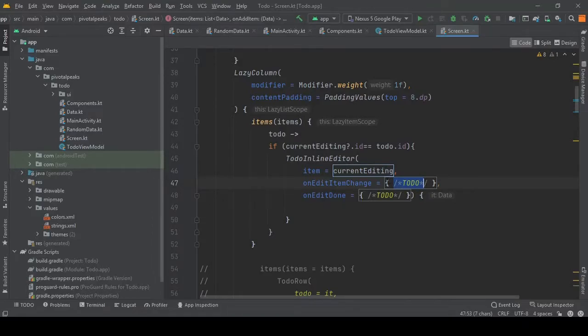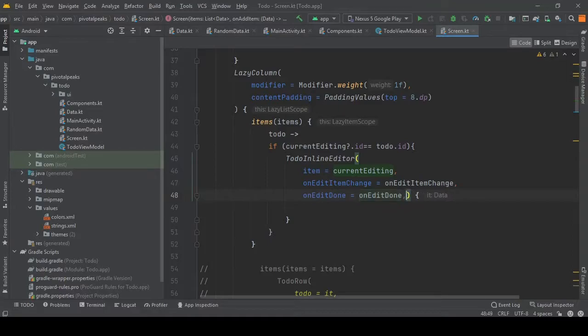So we can just call it on edit item change, and here we can just do the same with on edit done. We have already created these functions, so nothing too much to explain here.